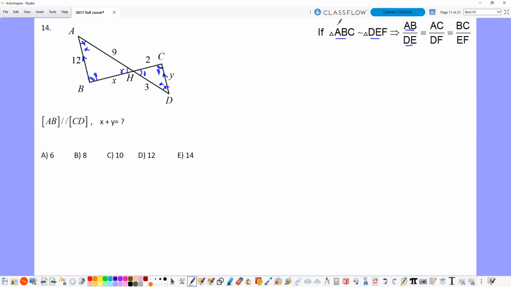Or we write the first and last, here AC divided by DF. This is the way to find the similarity ratio. Here, by using angle similarity,